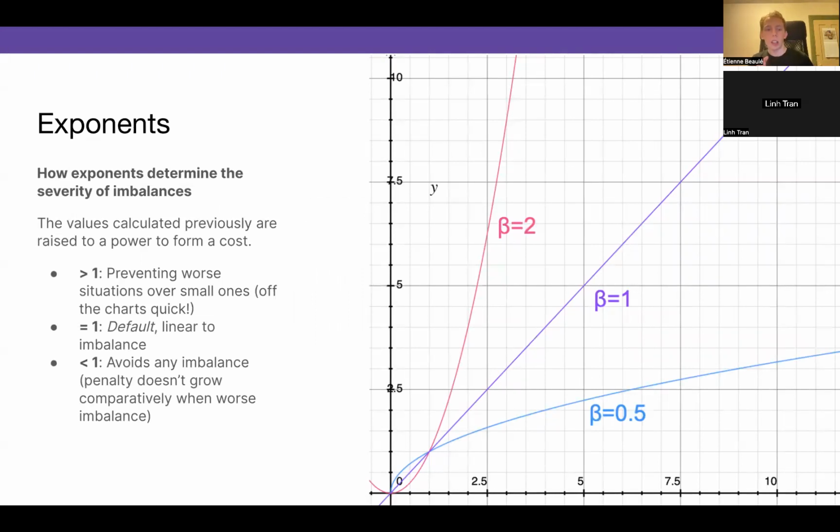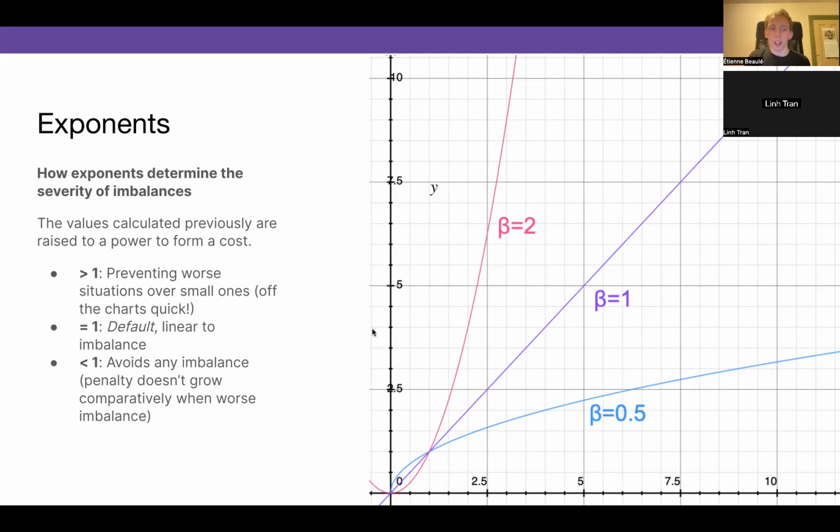So we put the exponent on the result we get from the algorithm. And with that exponent we can fine tune a bit more to decide how bad such an imbalance is. If the imbalance is 5, how bad is it compared to an imbalance of 2, and so on.